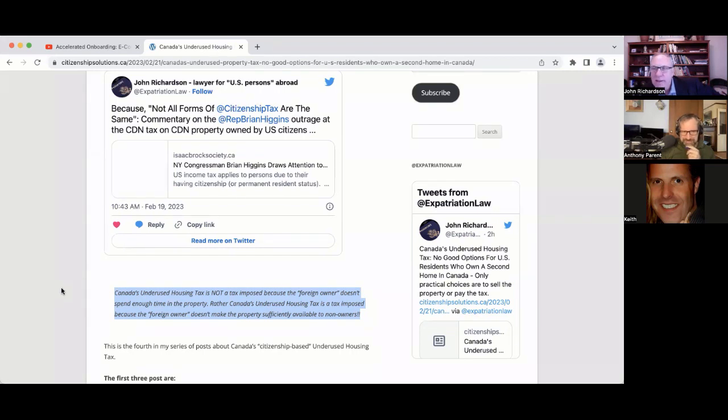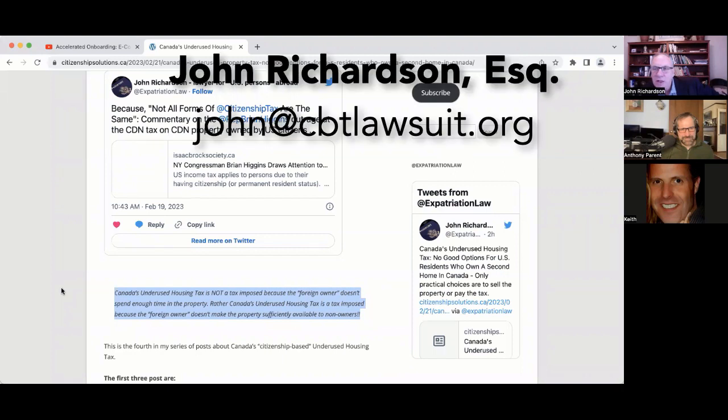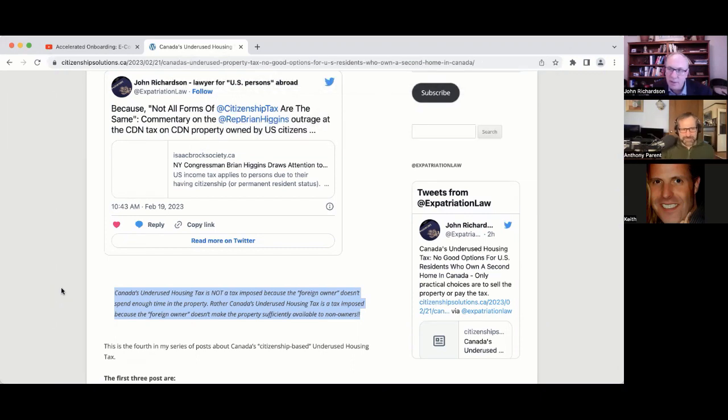It's sort of like, we are going to tax you regardless of how much you use your own property, on the basis that you don't let other people use it enough. You are not sharing your property enough. And it's amazing how you get there, because I think people misunderstand this tax. I think they have this idea that if they spend 6 months a year up in Canada on their property, even if they could, that they're going to be exempt from that. And my reading of this, I would love to be proven wrong, but I don't think I am.